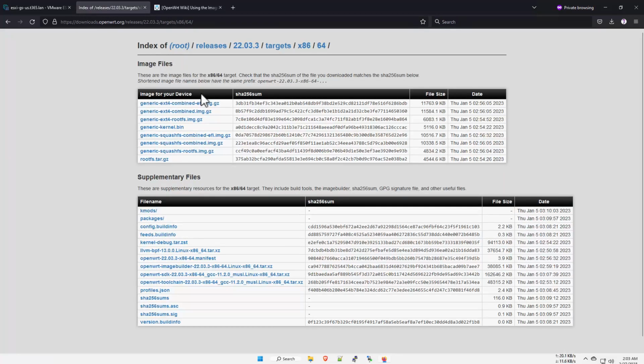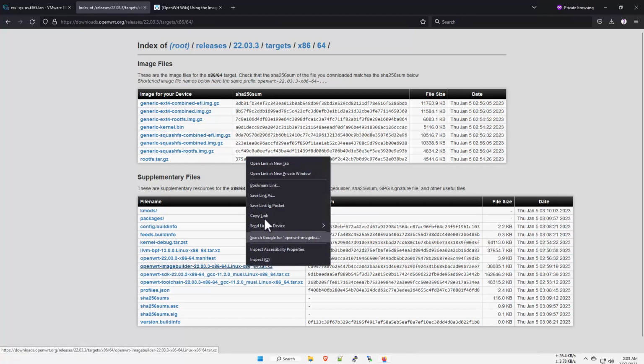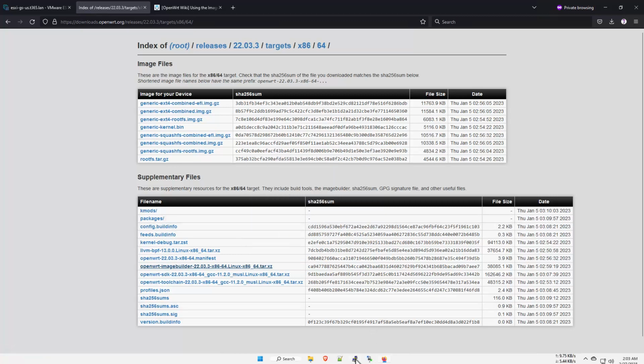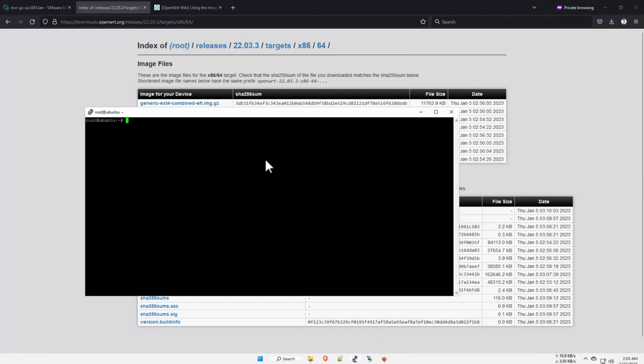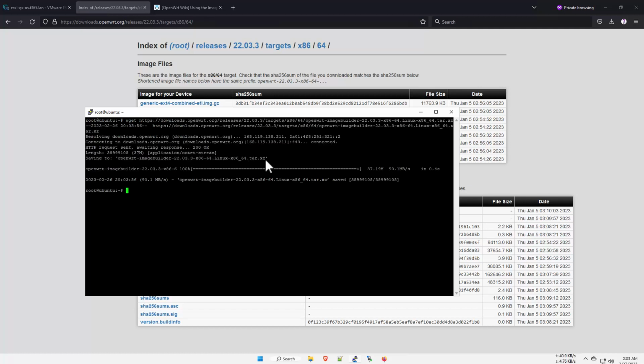So here in the download page of the image, you can see the image builder. You're gonna just copy the link. Now here in our SSH server, I'm gonna download this one with wget, enter, and it's downloaded. Now I'm gonna extract that one. So if I'd like to extract this one, we need to type